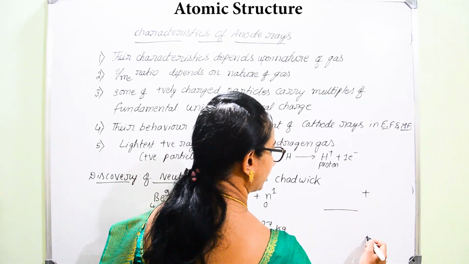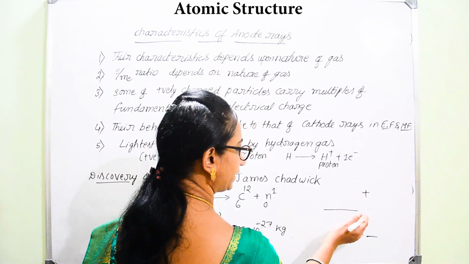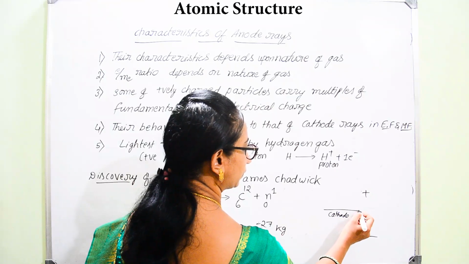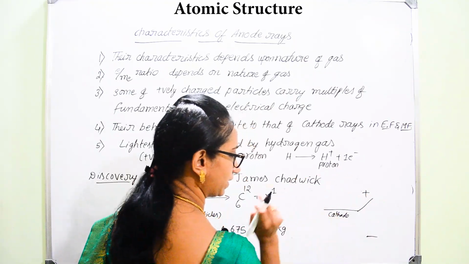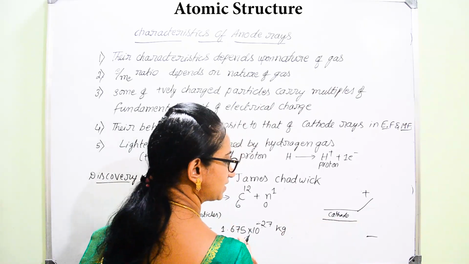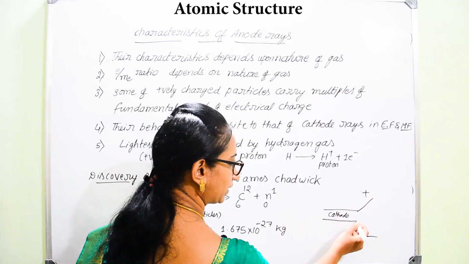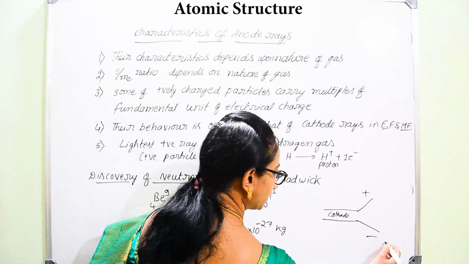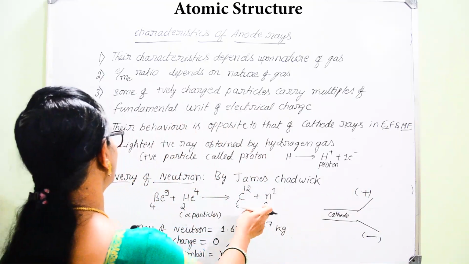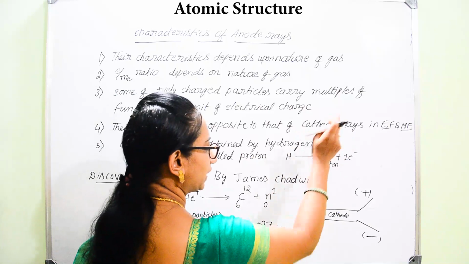So in case we consider a cathode ray, here there is a positive anode plate and a cathode plate. Whenever they come in contact with this positive and negative end, if there are cathode rays, these cathode rays will undergo deflection towards what? Anode. But if there are anode rays, they will not move in the same direction as cathode rays, they will move in the opposite direction because they are carrying positive charge. That is the meaning of this. They are showing behavior opposite to that of cathode rays.